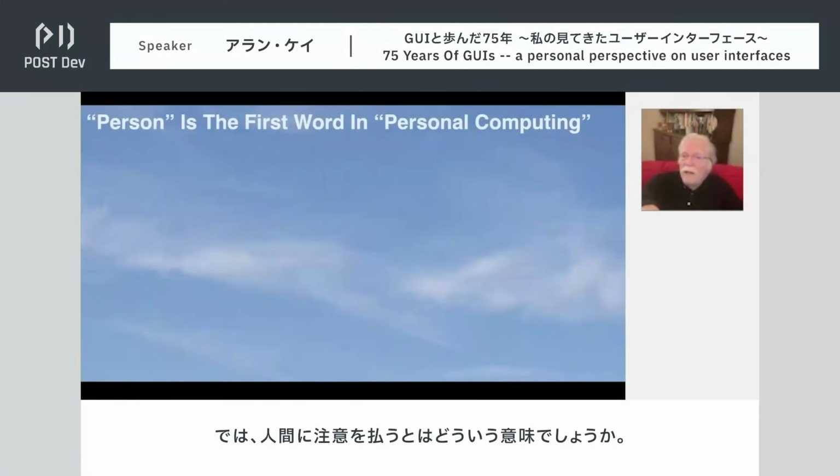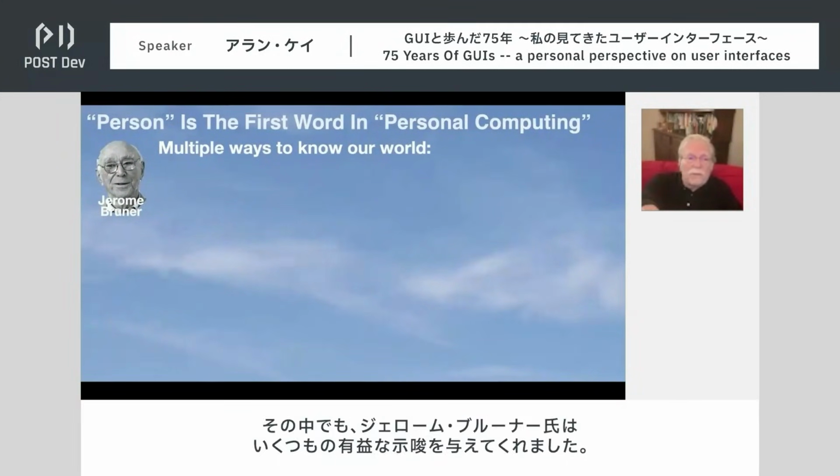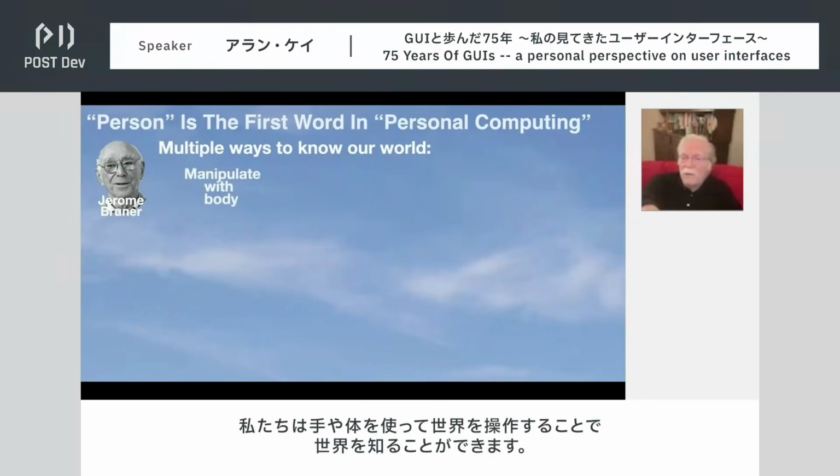Now, what do we mean by paying attention to human beings? Well, we looked at the work of many psychologists and anthropologists. Jerome Bruner had many useful things to say, including that we have multiple ways of knowing the world. We know the world by manipulating it with our hands and our bodies.